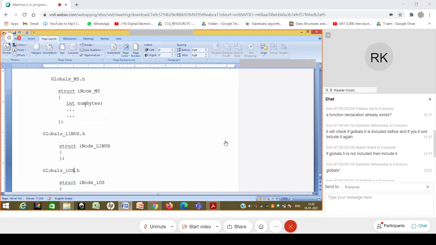So ideally, what do you require? Why am I saying all these things? What do you think will give you a good way? Can I include all these ms.h, linux.h, and ios.h files? That is not going to happen. I need to have only one of the structures, basically either this or that or that. I cannot have all of them. So what do you think? What is the requirement over here? Can you understand the requirement? What is it that we want to happen? If you understand the requirement, then we can give the solution.